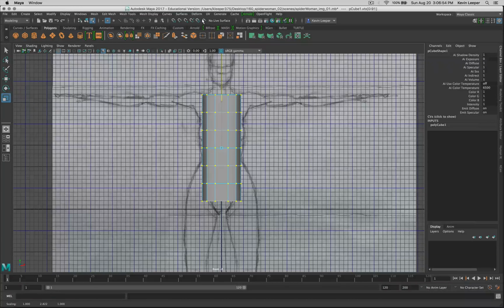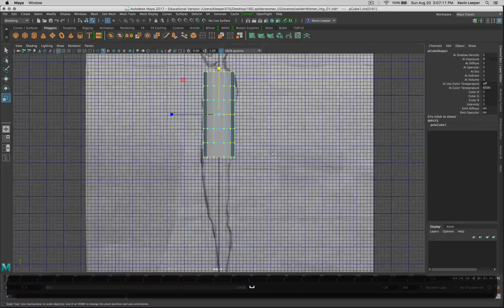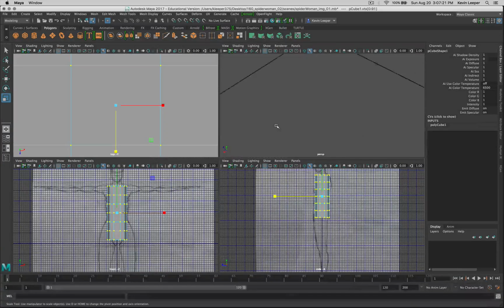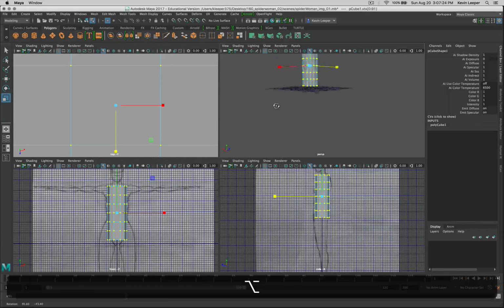What we're kind of aiming for is a little bit, you know, we want to get quite down to the crotch, but this is all going to change in a moment, so that looks about good. I don't want to be too careful with it. From the side, it looks a little bit wide maybe, but it doesn't really matter. We're going to have to move all these anyway. And that's kind of my first step, getting that kind of shape. So it's just a cylinder, it's now bigger. Okay,